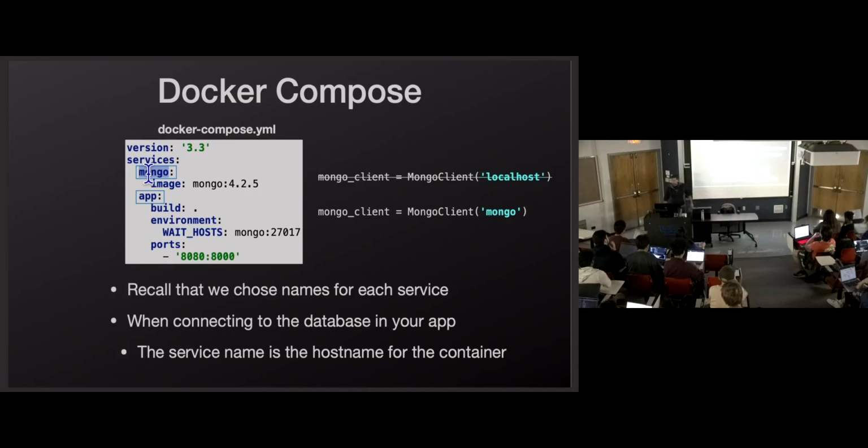At least any intro documentation is going to use localhost. But once you run this through Docker Compose, you have to use the host name of your service. So we're changing that to Mongo, or whatever name you used right here, to connect to that database. So that's the second and last time where that host name is going to matter for your database.